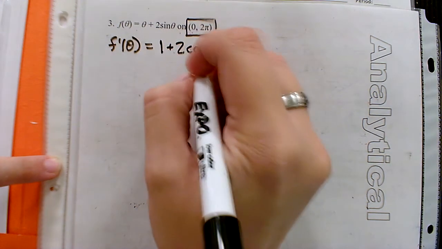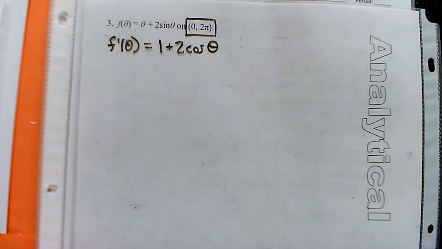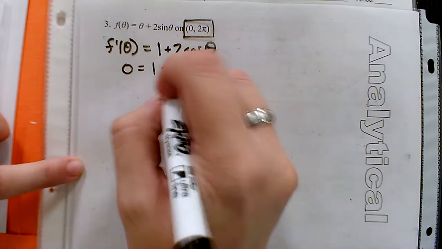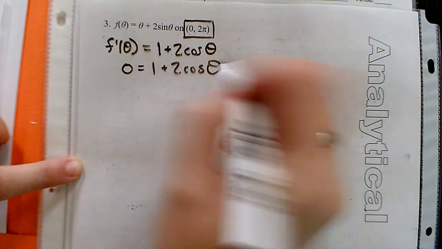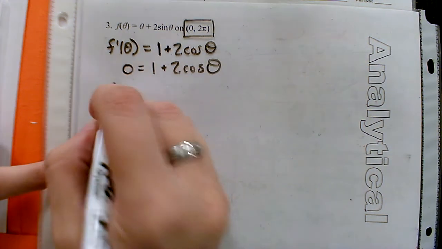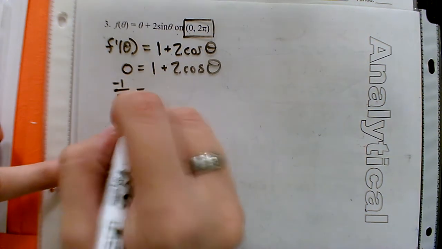So we would have a 2 cosine left in there. All right, set it equal to 0. Let's see, subtract the 1, divide the 2,